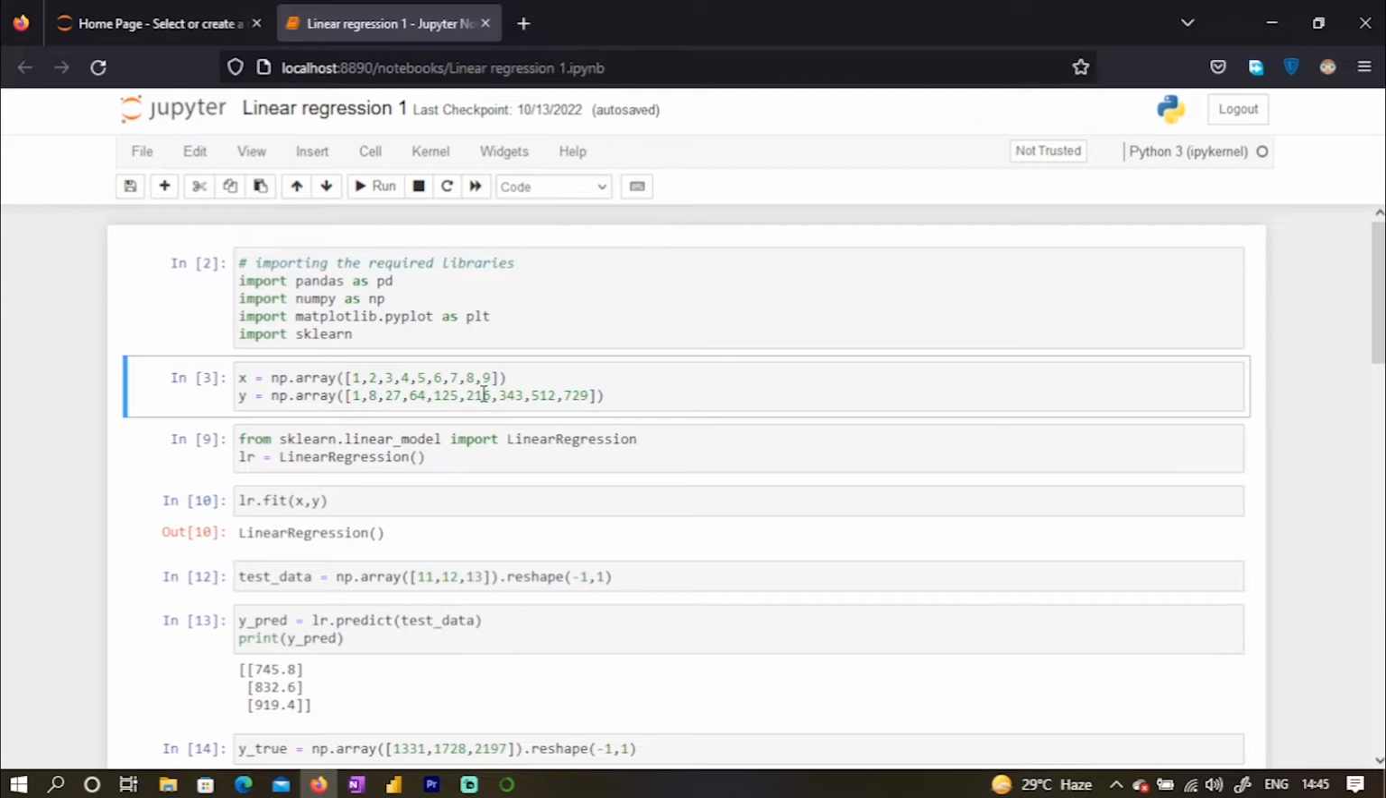Okay, not by any rule that we suggest. Because if we are telling the machine the rule by which x and y are related, then it won't be a case of machine learning, right? So after that, we import the linear regression class from scikit-learn.linear model, and